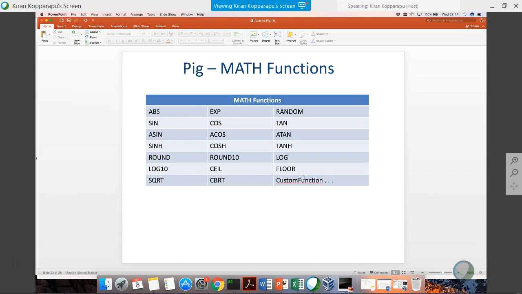Math functions, starting with absolute value, sine, cos, tan, exponential value, random, round. Round will round to 2 digits, 1 digit, or 3 digits, like that. You could specify that one. And round 10 always gives the 10. A logarithmic value,